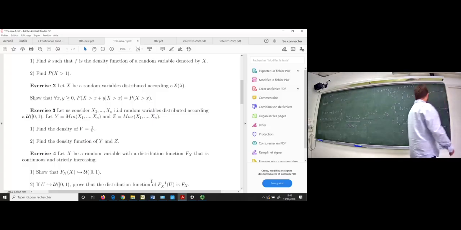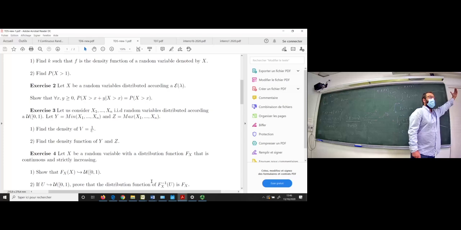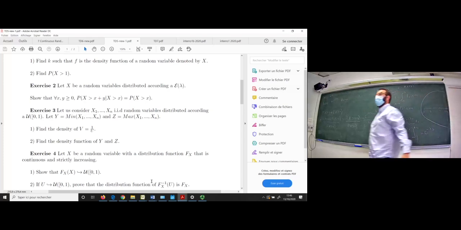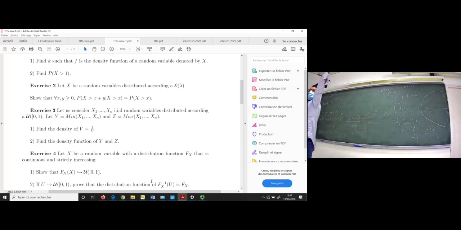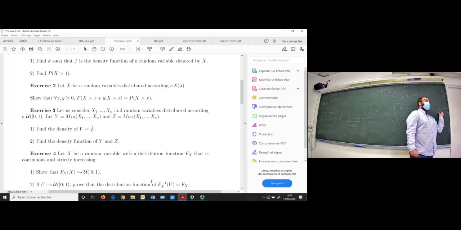If you have a new car, the probability to be greater than 1,000 miles will be a huge number. At the beginning, the probability that you are able to drive at least 1,000 miles would be very big. But if you suppose that x is big,